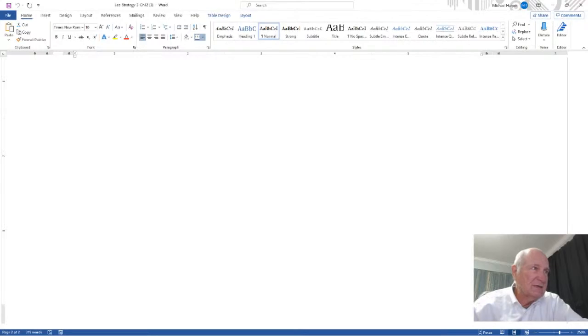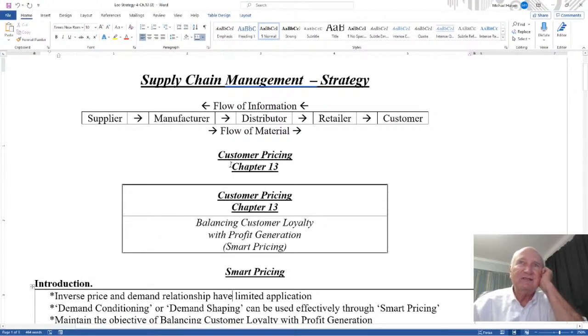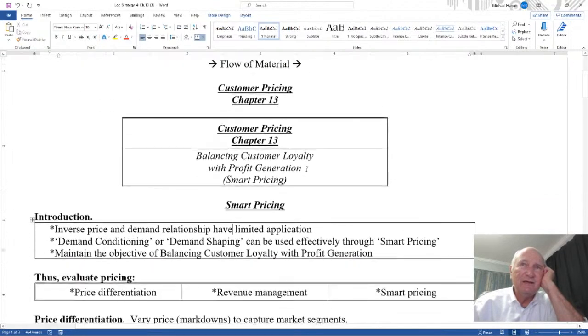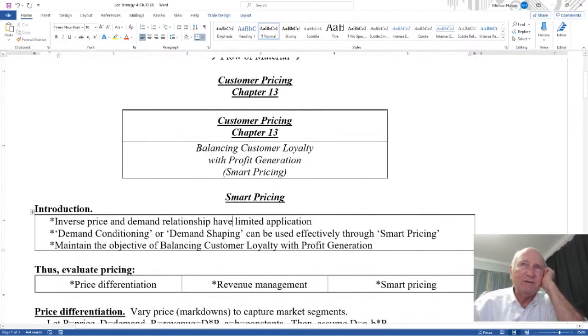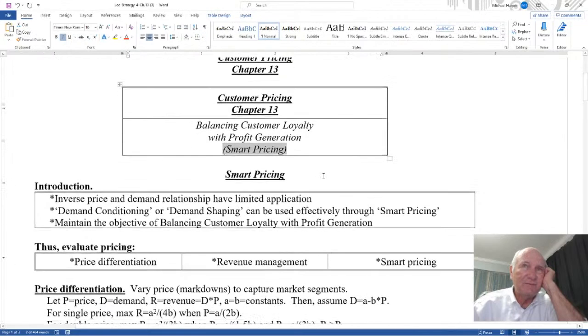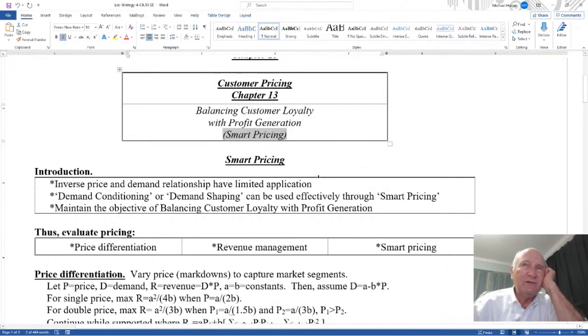Okay, the last, which is very interesting here, is customer pricing. Customer pricing, chapter 13. In customer pricing, you balance customer loyalty with your profit generation, and it's something called smart pricing. Okay, well, to look at smart pricing, we're looking at different types of disciplines or theories. First of all, the inverse relationship between price and demand. It has a very limited